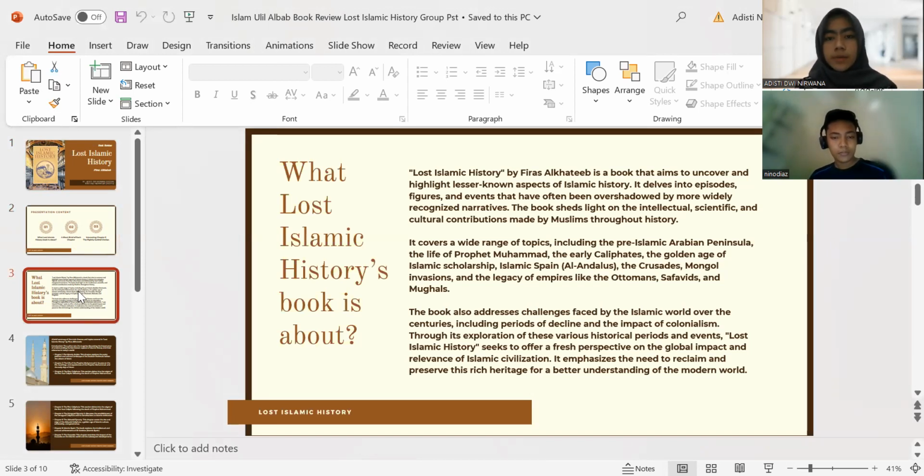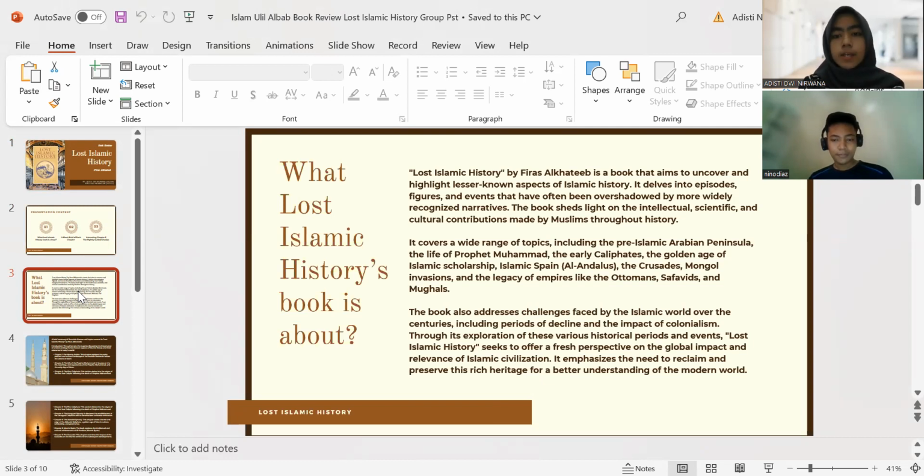Lost Islamic History by Firas Al-Khatib is a book that aims to uncover and highlight lesser-known aspects of Islamic history. It delves into episodes, figures, and events that have often been overshadowed by more widely recognized narratives. The book sheds light on the intellectual, scientific, and cultural contributions made by Muslims throughout history. It covers a wide